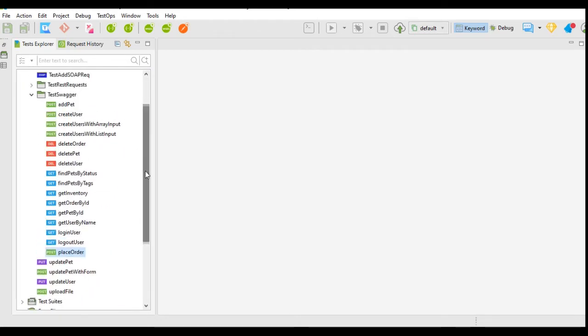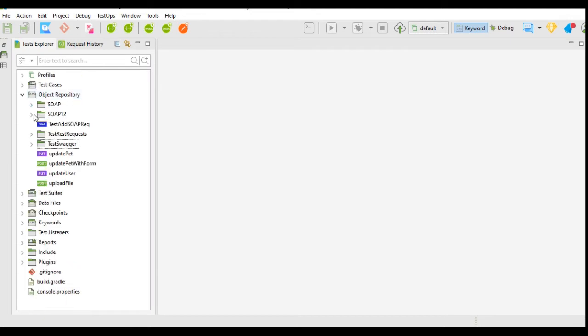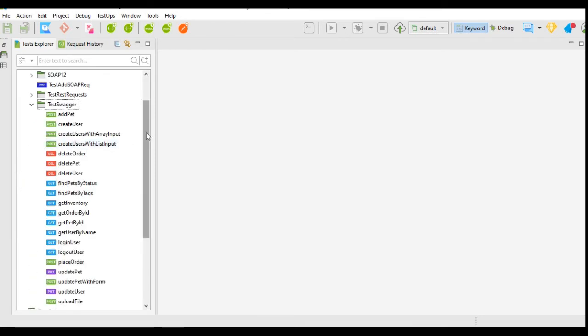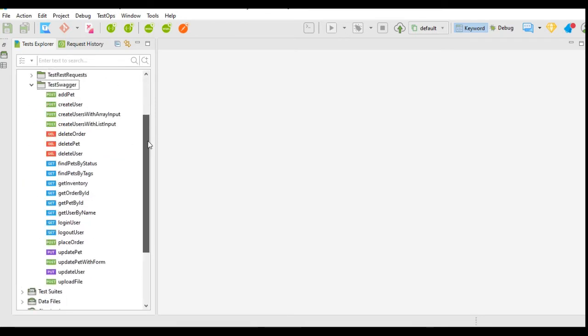Now I have got all these Swagger requests in the one folder. There are some pending requests which need to be transferred. Now all requests have been transferred to this folder test Swagger and I got so many requests.